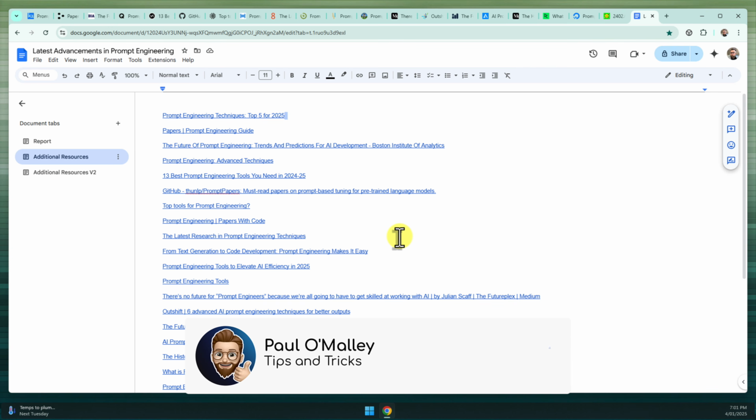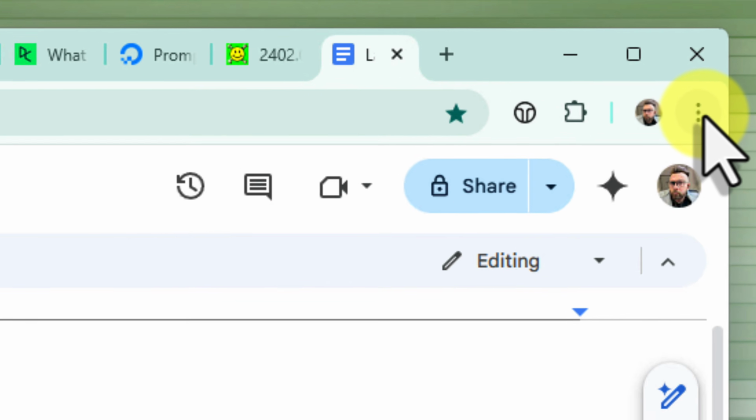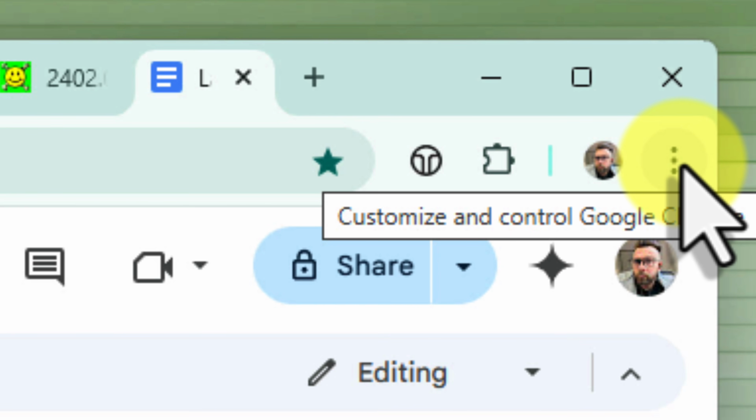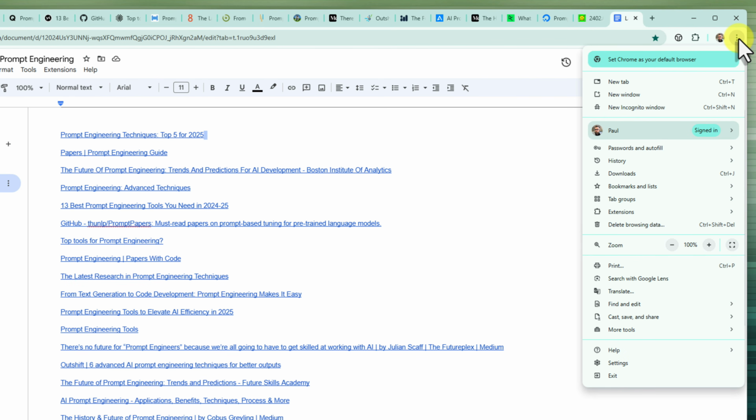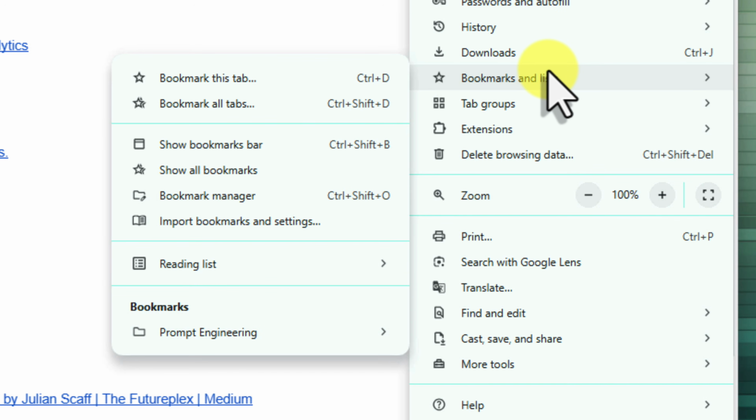Now that all the tabs have been added to the bookmarks section, we need to copy these into our document. So we need to access the Bookmarks Manager in Google Chrome. We can do this by going to the ellipsis menu, which is in the top right corner of your browser. It's these three little vertical dots. Select this menu and a drop-down will appear, and you'll want to find the option called Bookmarks and Lists, and